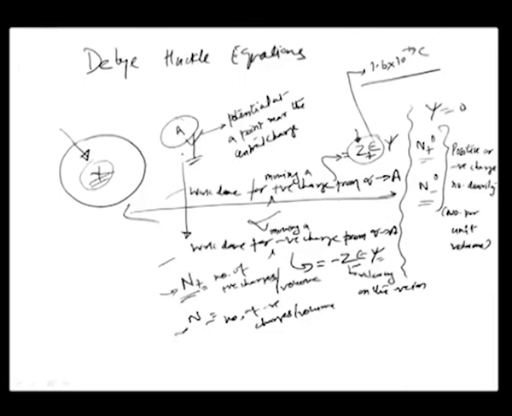charges per unit volume, assuming that at a point in space which is at infinite distance from the central ion, the distributions of the positive and negative ions are n plus 0 and n minus 0 in terms of numbers of charges per unit volume. Okay. And we already know the work done for moving one charge of a certain value from infinity to A.